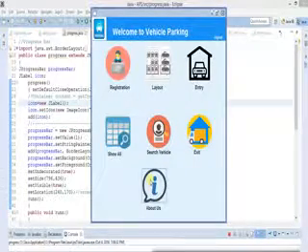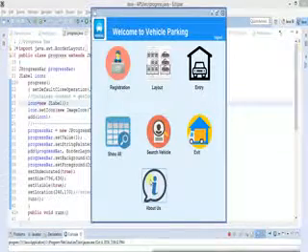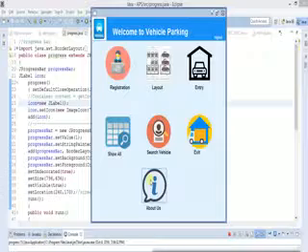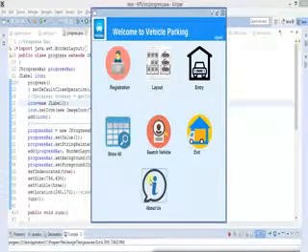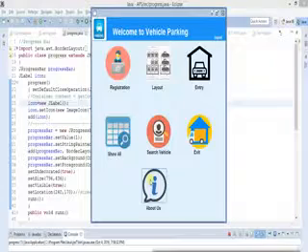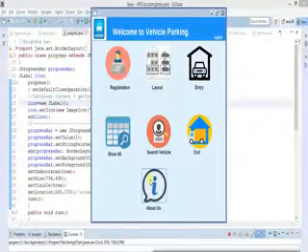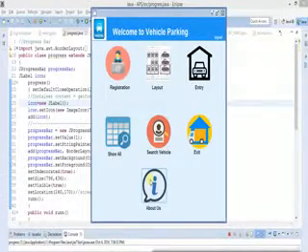As you press on login, here comes the front home screen that the software has. It says welcome to vehicle parking. First, there are 7 forms. Registration is to register a new customer. Layout is for setting a new slot, or how many slots for four-wheelers you have, and how many slots for two-wheelers you have. Next one is for the entry when a vehicle will enter. After that, show all, where we can see the previous records. After that is search vehicle. We can search for a specific vehicle, how many times it has visited our parking. Next is exit. When the person wants to check out, he will have to go through the exit phase. And after that, the about us option.